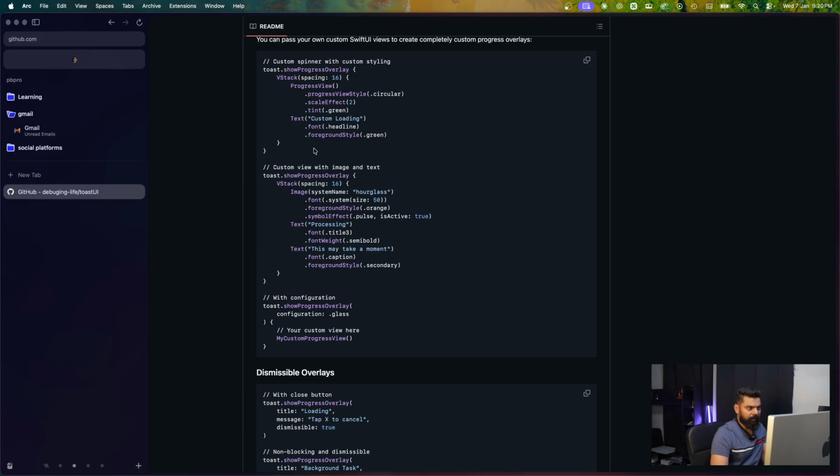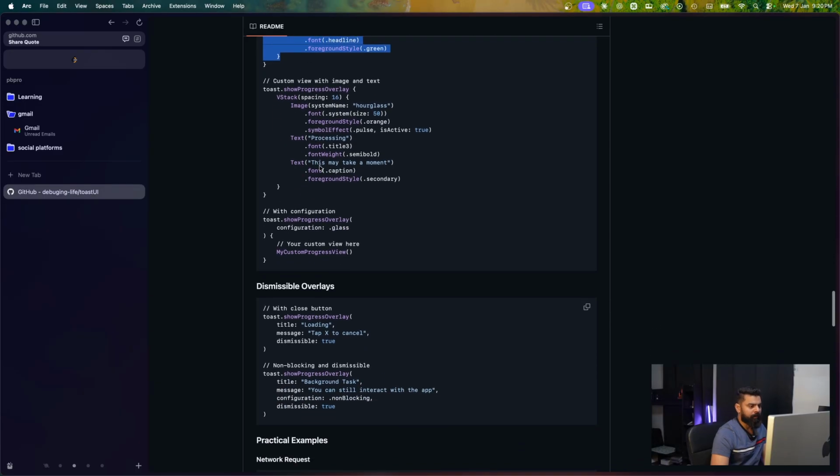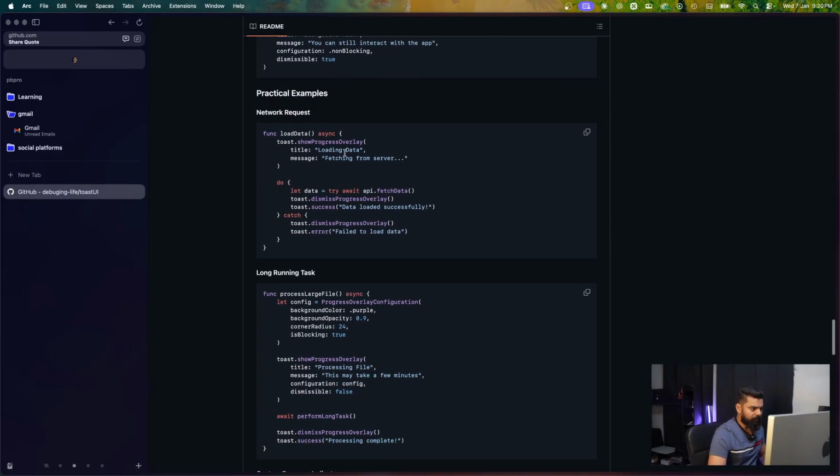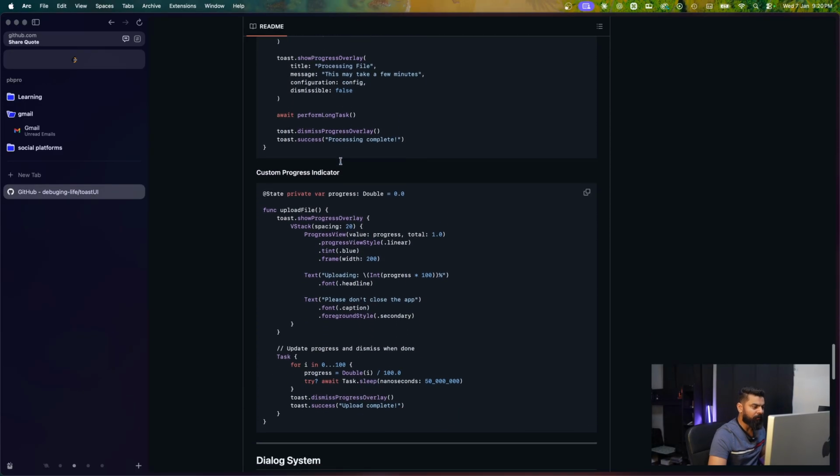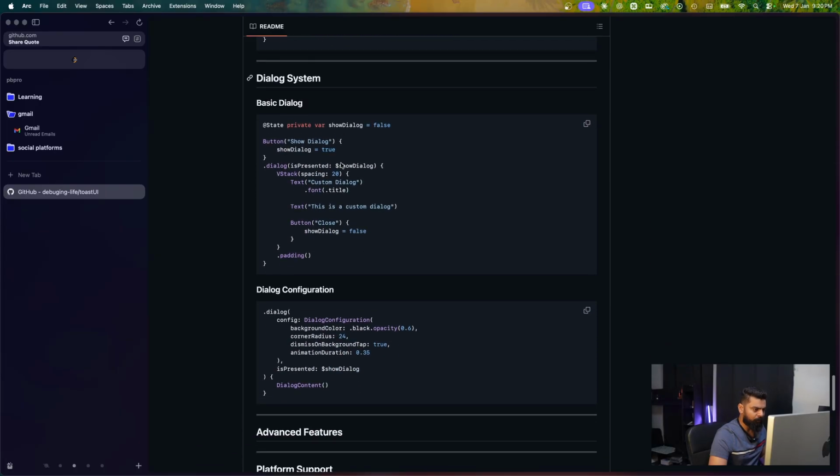And this is, again, if you want to show your own custom view. Suppose you don't want to show the default spinner, that progress view that comes with it. You want to pass your own view, you can do it like this as well. Okay, so there are so many examples here, but we will be implementing directly inside the code and we'll start